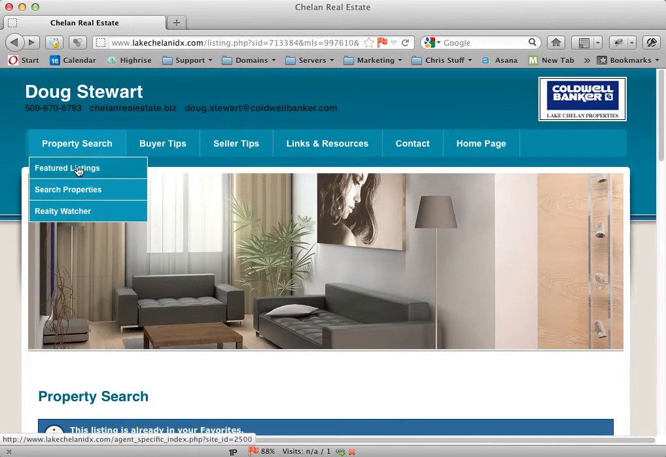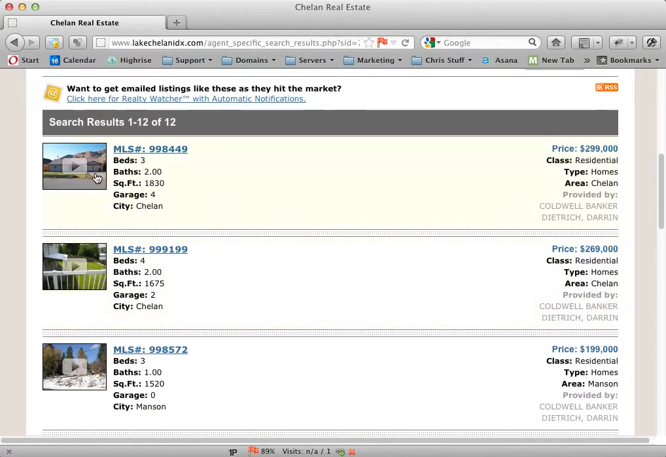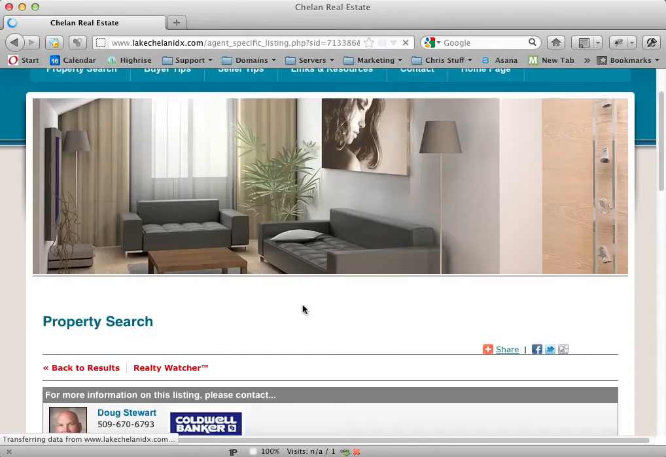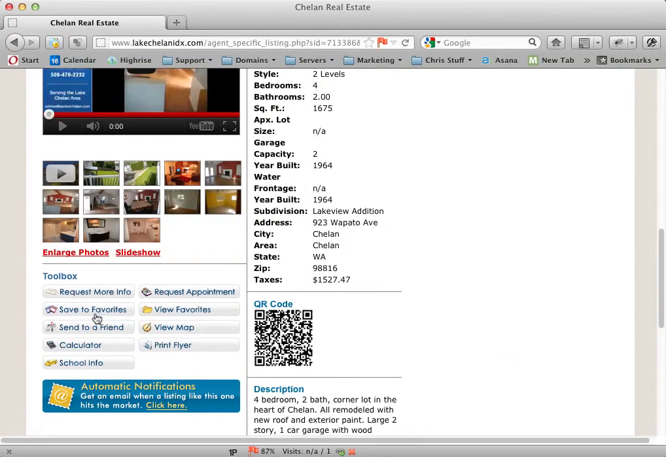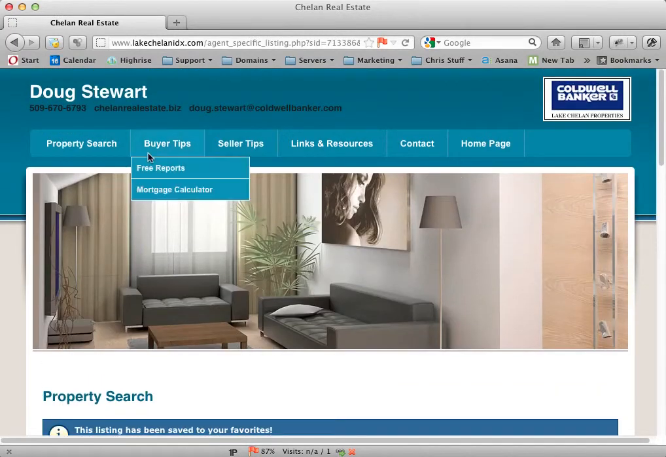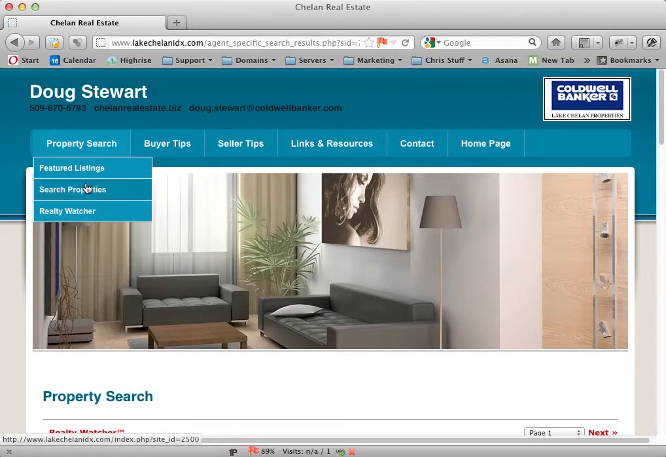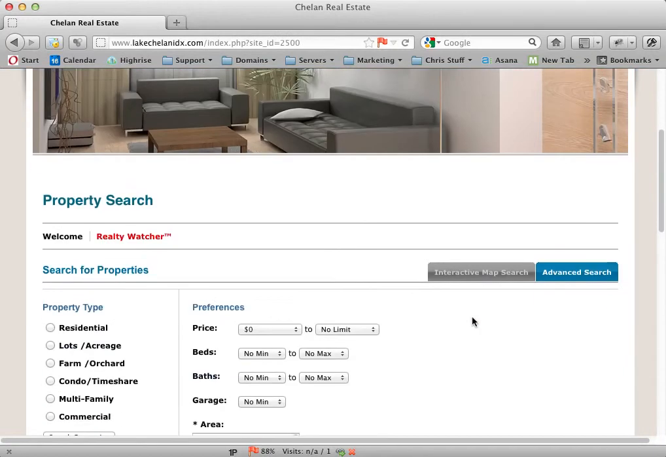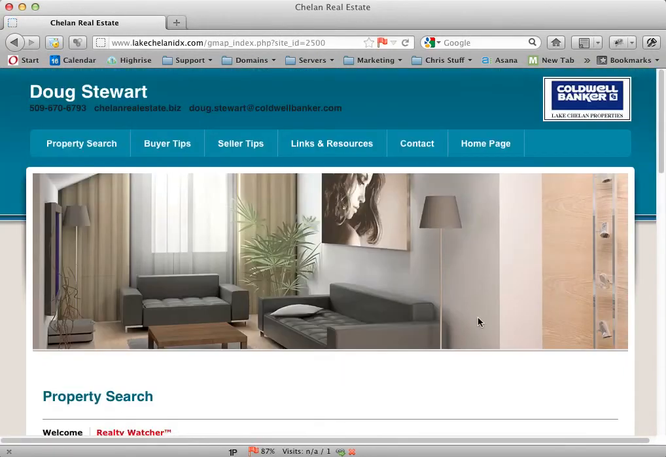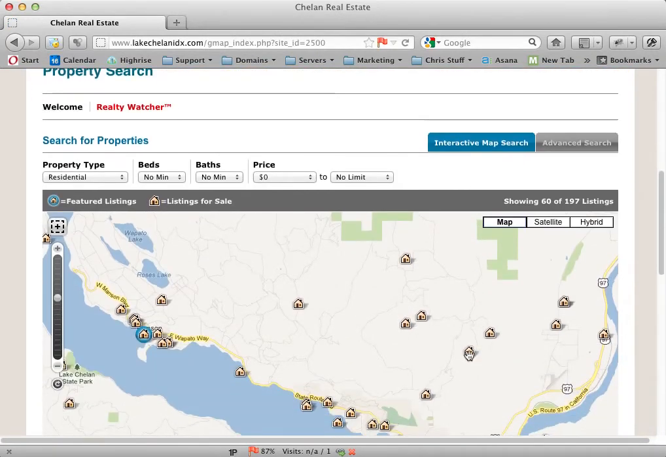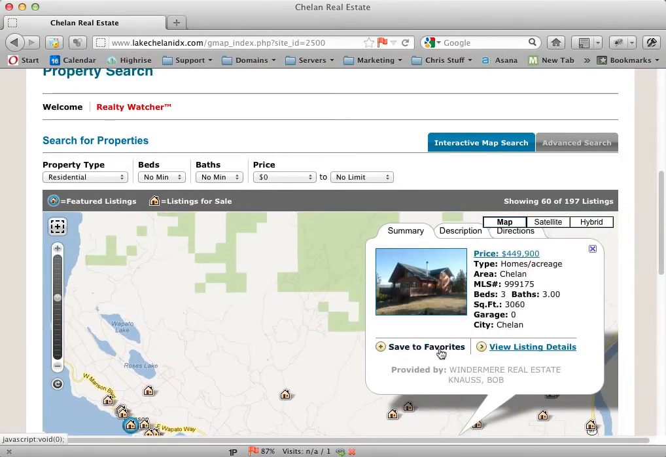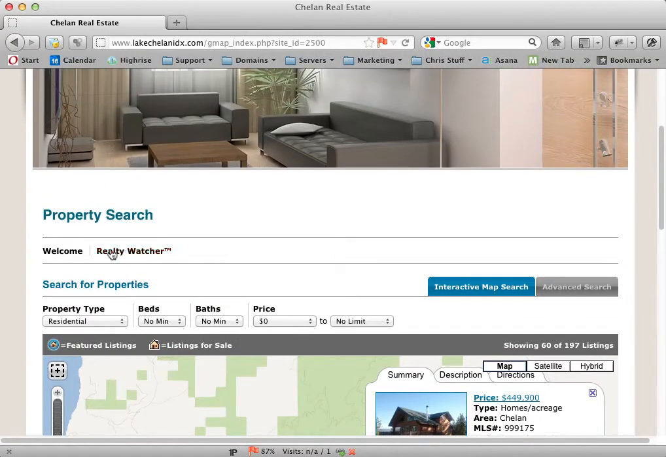I'm going to go ahead and do one. I'm going to add a couple more to favorites. I'm going to go to your featured listings. Click on one. And I'm going to save to favorites. Come back. In fact, I'll show you how from the property search. Maybe I choose to go interactive map even. I find one here, and I can save it to favorites right from here if I like. But let me show you